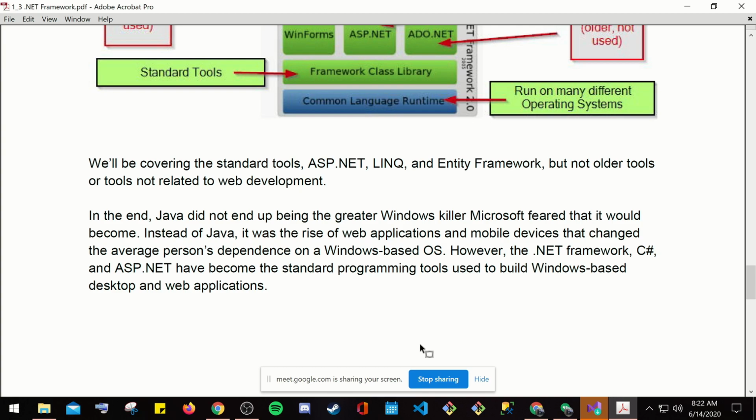web development. In the end, Java did not end up being the greater Windows killer that Microsoft feared it would become, because instead of Java, it was the rise of applications and mobile devices that changed the average person's dependence on the Windows-based OS. However, the .NET Framework, C# and ASP.NET have become the standard programming tools used to build Windows-based desktop and web